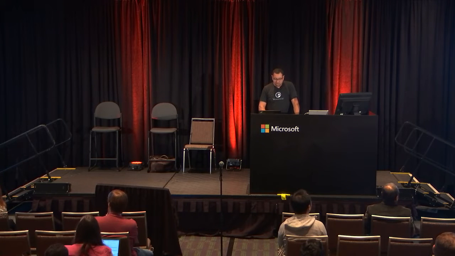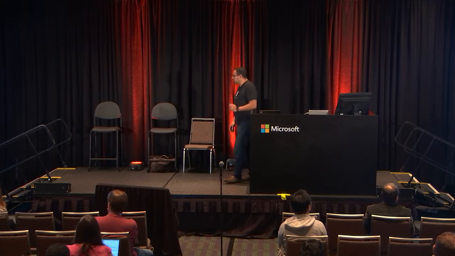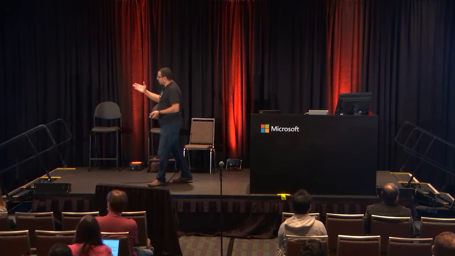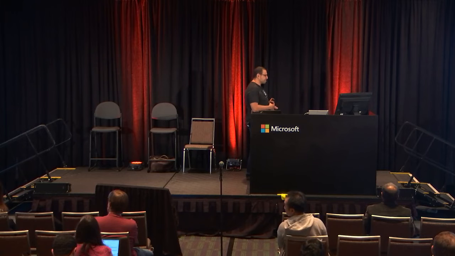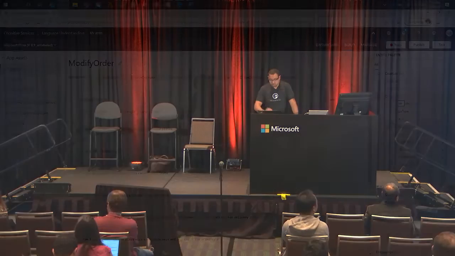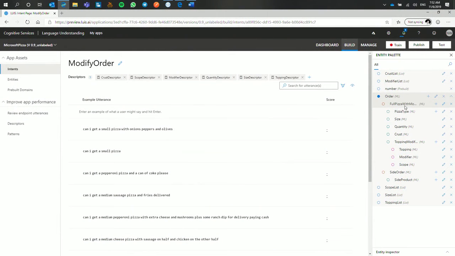So this is actually the model. That very complicated model required just under 100 utterances in order to do all of that interesting stuff. So I can do multi-layer parsing and identify different types of pizzas, all with that limited number of utterances. So this is the new labeling experience. You can look in the entity palette for the structure that you have. I have an order, which is the top layer parse, and as I go down, I have a full pizza with type. I will add a new utterance.